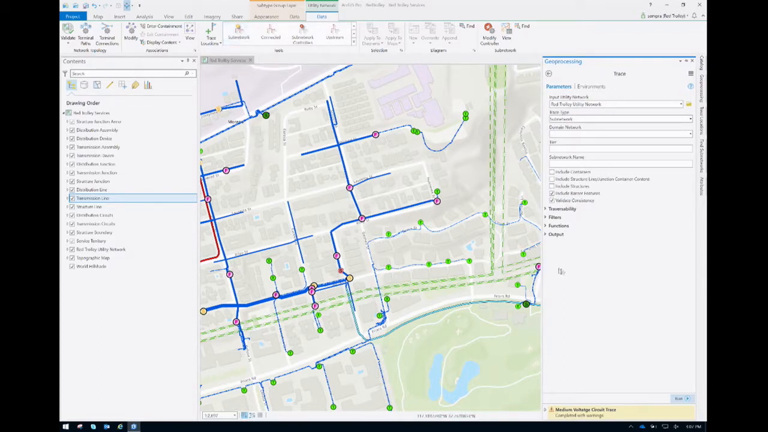So we're doing a subnetwork trace. And a subnetwork, given your domain, and because we're electric, represents a circuit. So for you electrical folk, that's a circuit trace. So here you can see in the geoprocessing tool,